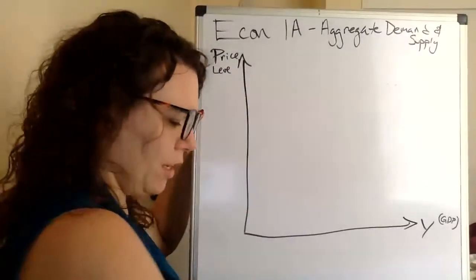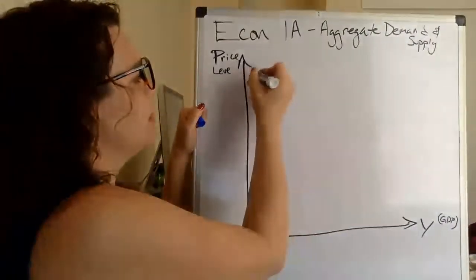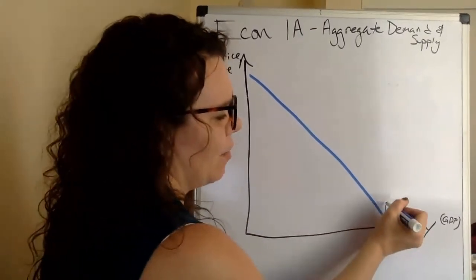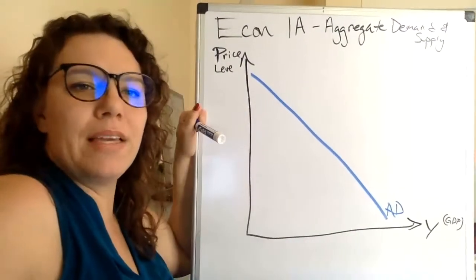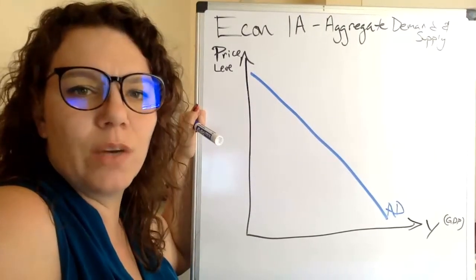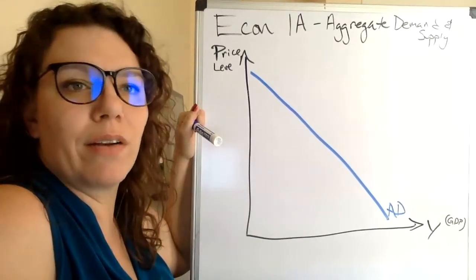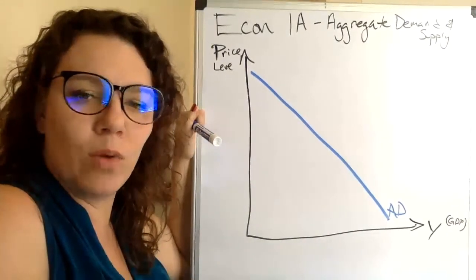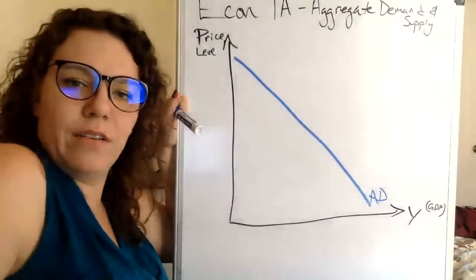And the first thing we put in our model is our demand curve. And we're going to call it our aggregate demand because it's the aggregate demand of everything in our economy, everything added up, aggregated. And aggregate demand is based on all the goods that are included in this economy, right? So it's based on the consumption, investment spending, and net exports in our economy. We assume that government spending isn't going to respond to the price level, so it's not going to play a role in it. But C, I, and NX are all going to be inversely related